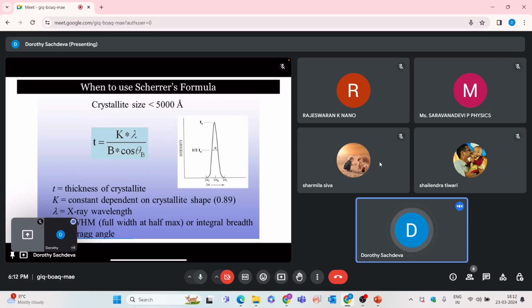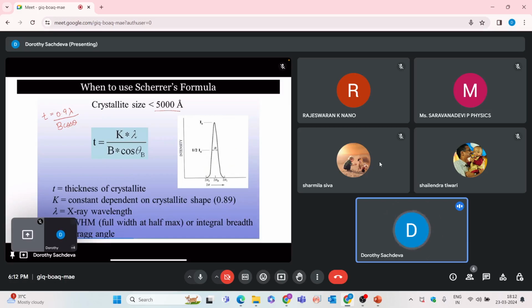So in the last class, we discussed the Scherrer formula. So when can we use this Scherrer formula? The Scherrer formula can be used when the crystallite size of your material is less than 5,000 angstroms. This we discussed in the last class. We discussed that T is equal to 0.9 lambda divided by B cos theta,